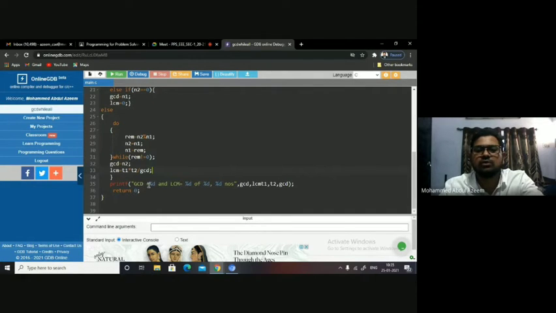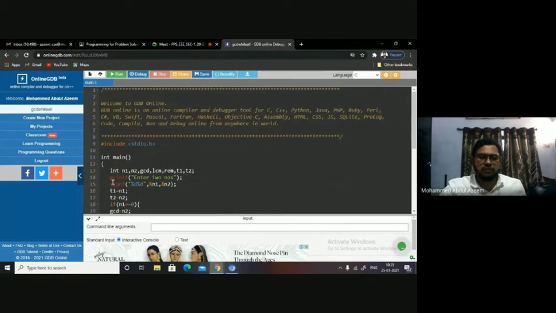The GCD equal to %d. In place of this %d, I get the GCD value. LCM equal to %d. In place of this, the LCM value will be displayed. Then of two numbers, T1 and T2 are the numbers, right? Fine. So now my program is complete. So just let me go through and explain it once again. What are we doing here?